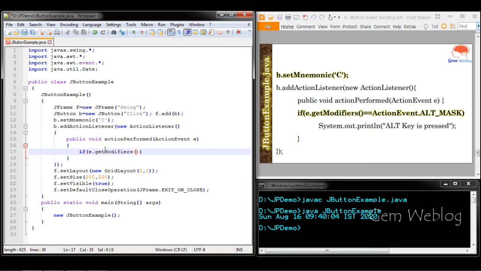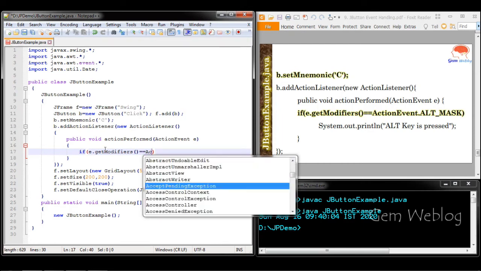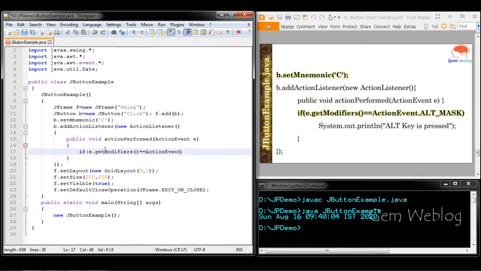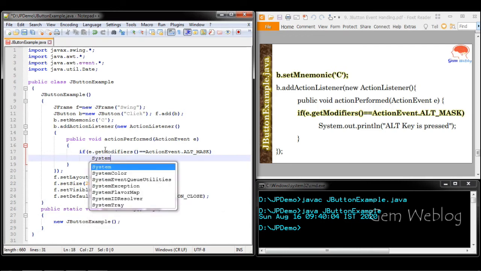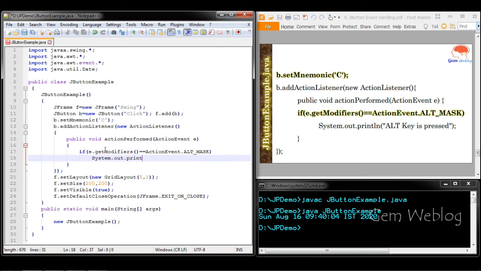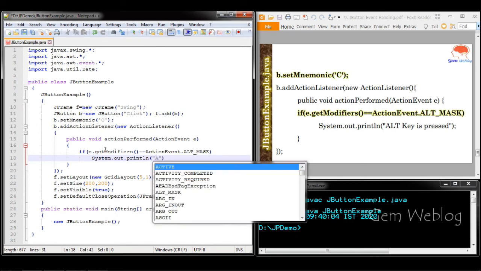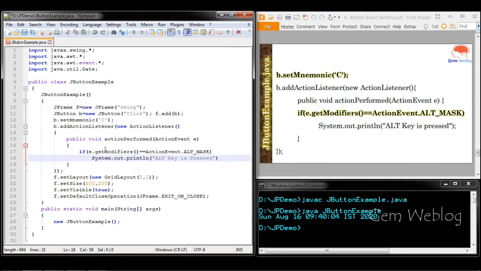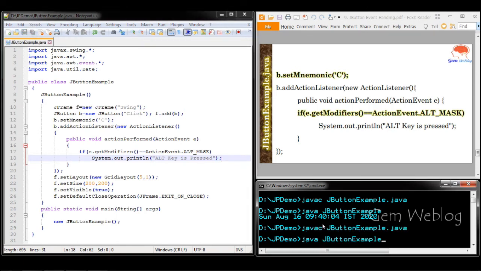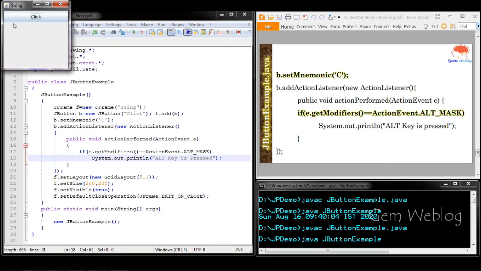Now I am going to check if getModifiers will extract the modifier key. If it is equal to ActionEvent.ALT_MASK, if I am pressing the Alt key during my action, then in the console it will display Alt key is pressed. So I am saving it. I can perform the action in two ways.